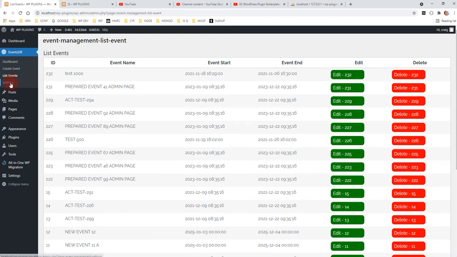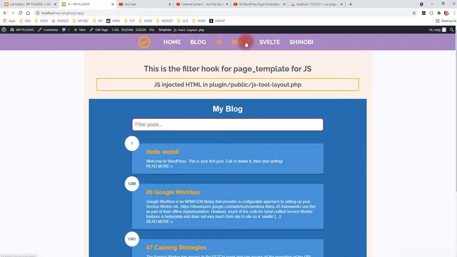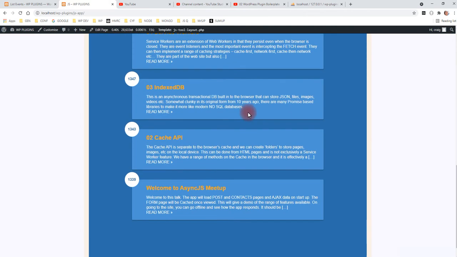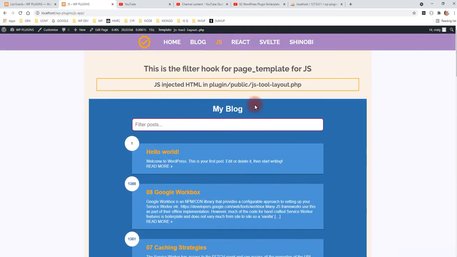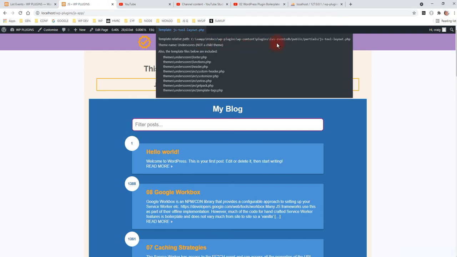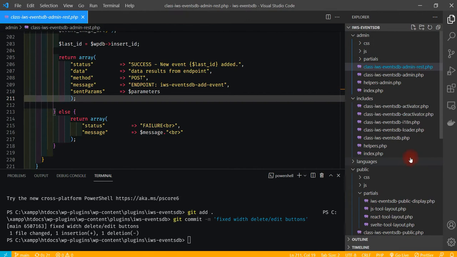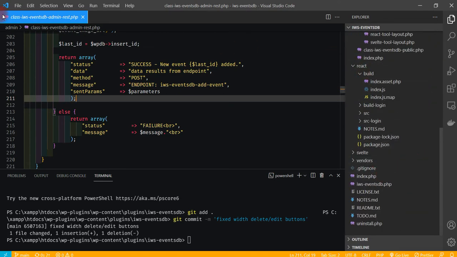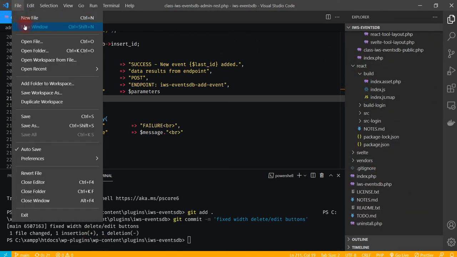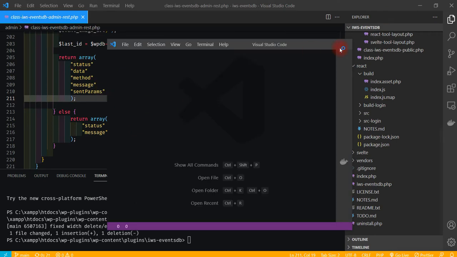So basically, this is our little CRUD application of EventsDB, using REST API, nonce, MySQL tables, creating blank pages, so that when we go into our site, and shall we say go to the JavaScript one here, that is loading in all through a REST API or the posts, we can see that we're using here the template in the plugin. And if we look at the theme itself, which I'm just using Underscores, so if we come up here and open in a new window and open